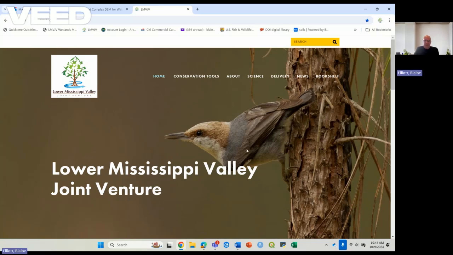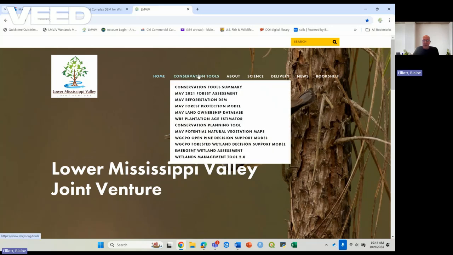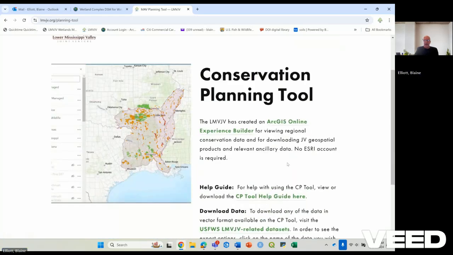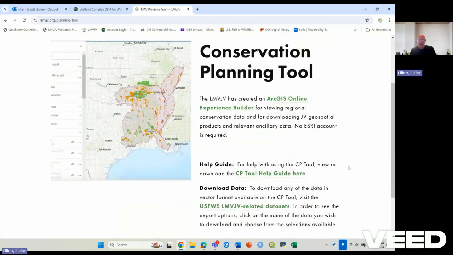You can locate the CP tool by hovering over the Conservation Tools dropdown and selecting Conservation Tools Summary. Here we have a list of conservation tools, and the top one is our Conservation Planning Tool. You can link to the Conservation Planning Tool homepage by selecting the links there. On the homepage, you can see that we have a link to the ArcGIS Online Experience Builder site. We also have a helpful user's guide